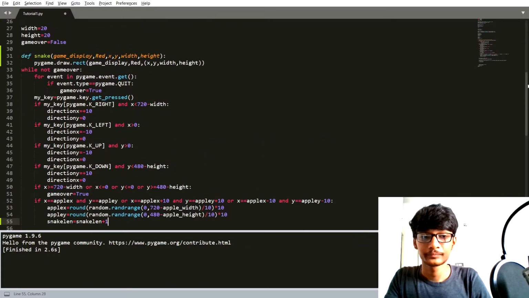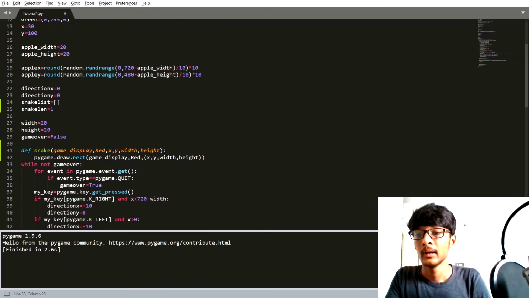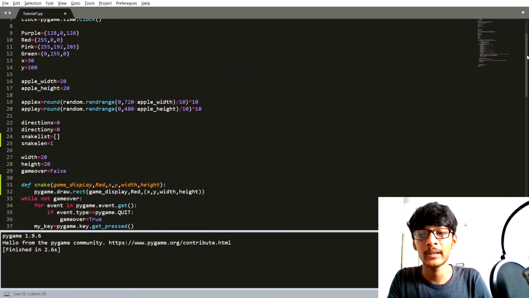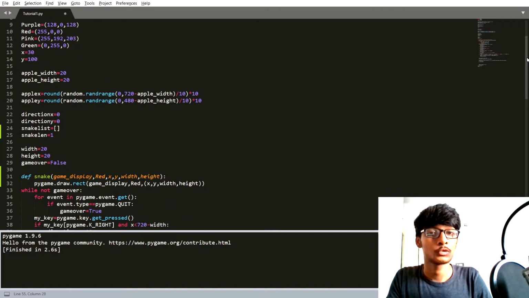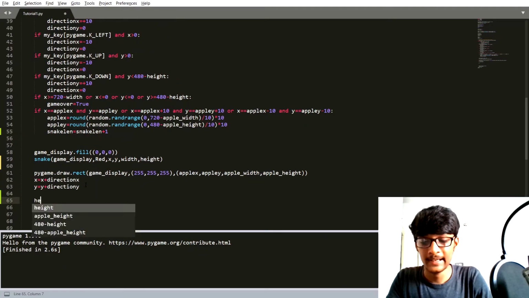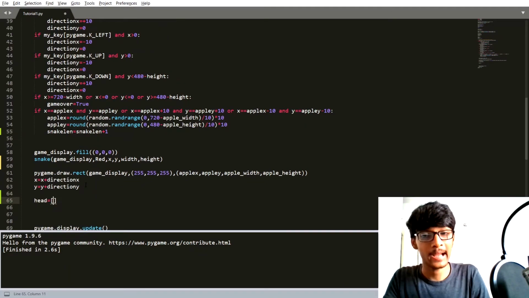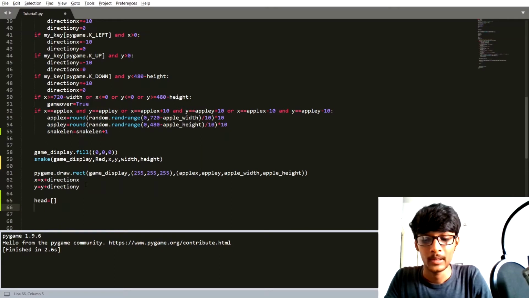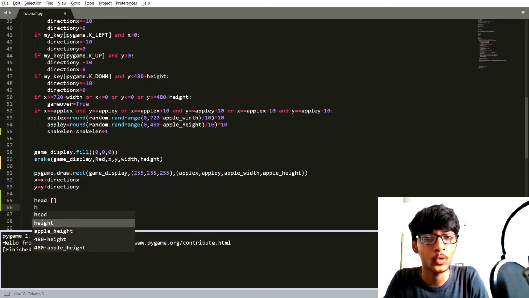Now here we created two variables: one is snake list, which is an empty list, and the second one is snake length, initialized as 1. Now inside our while loop I am going to create one list called head, an empty list. Inside our head list I am going to append the x coordinate and y coordinate.